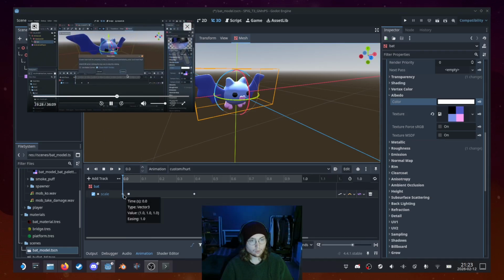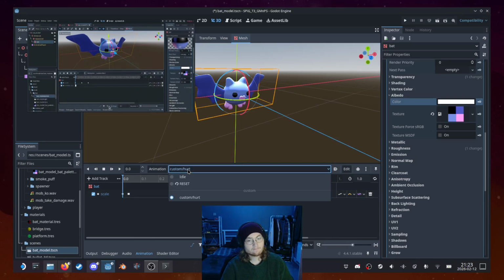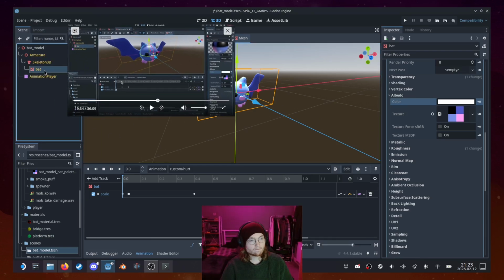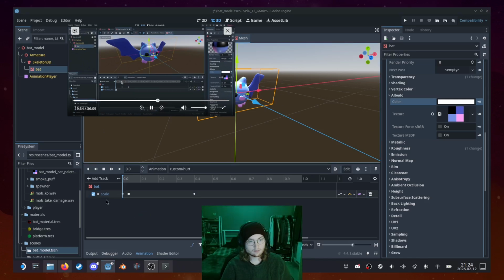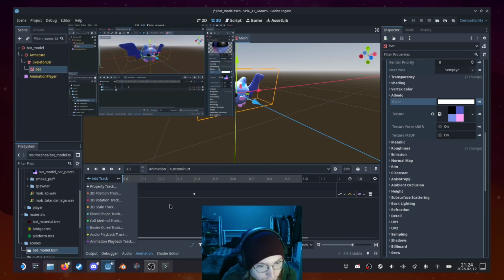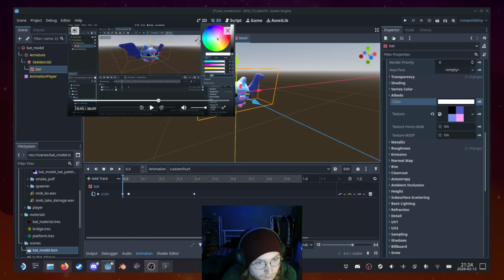It's going to bring the pop-up again, asking you if you want to create a reset track. You can say yes, create. Select the bat, go to here. Move to 0.1 seconds in the animation timeline. Then we're going to change the color. So click the color slot to bring up